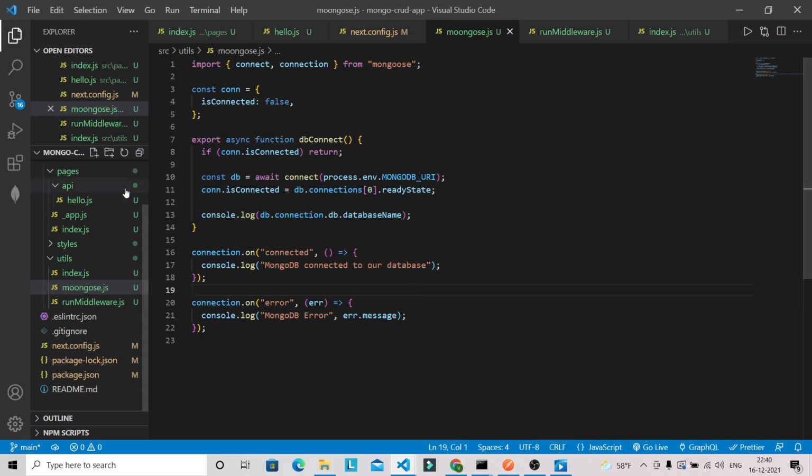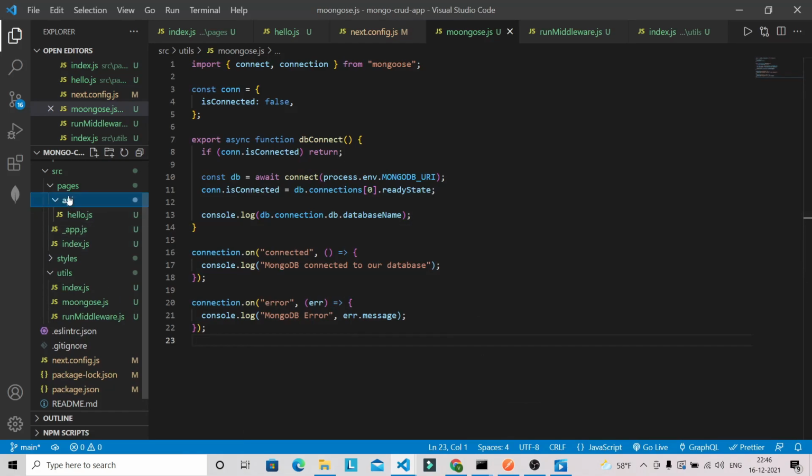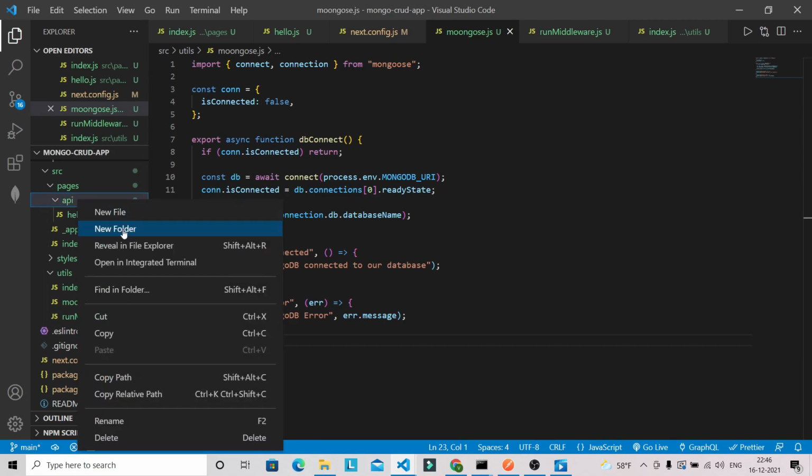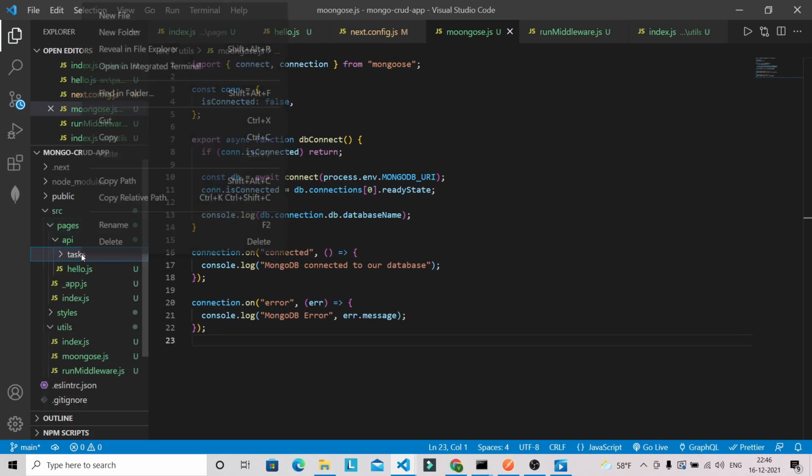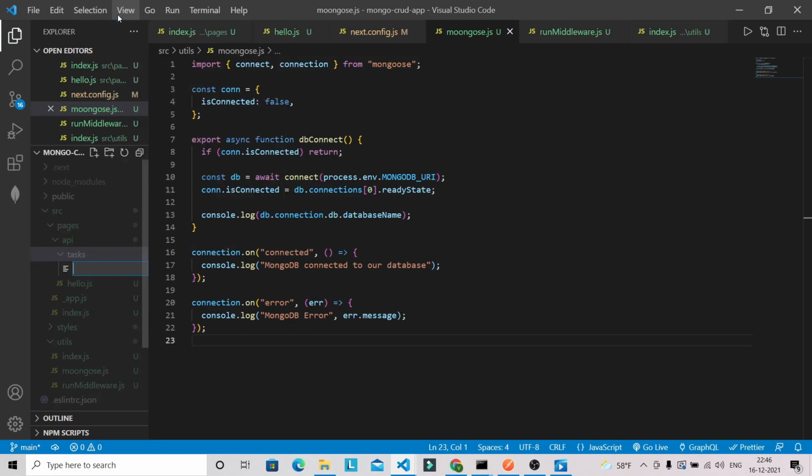Okay, so next thing we are going to start creating our REST API with the Mongo. So one by one we are going to create that one. Okay, so inside this pages folder we have API folder. So here I am going to create one more folder with the task. Okay, and inside this we are going to have one file that is index.js.